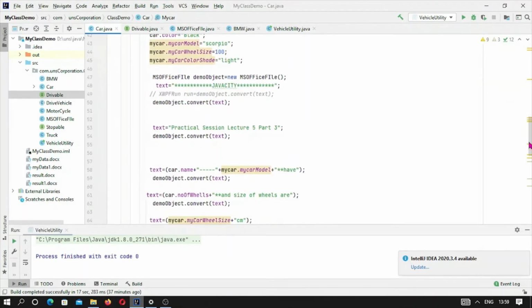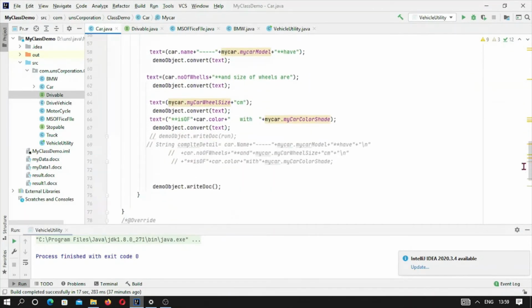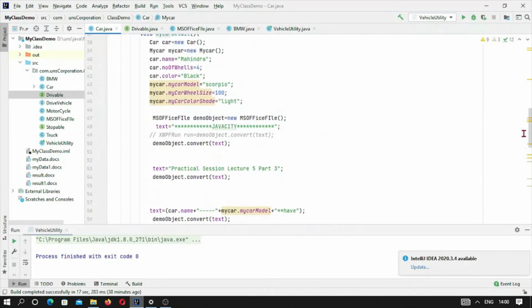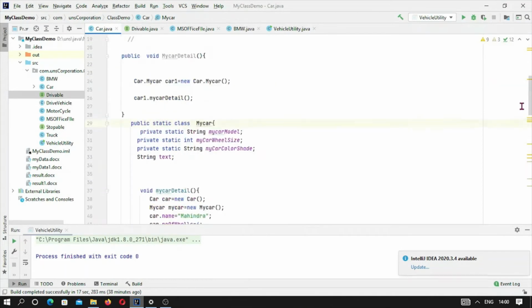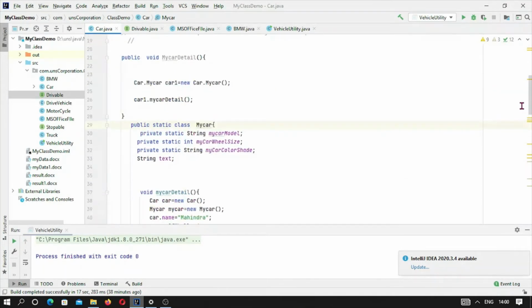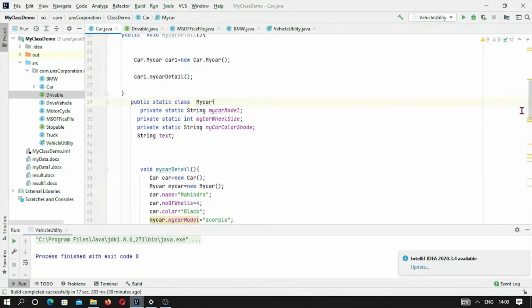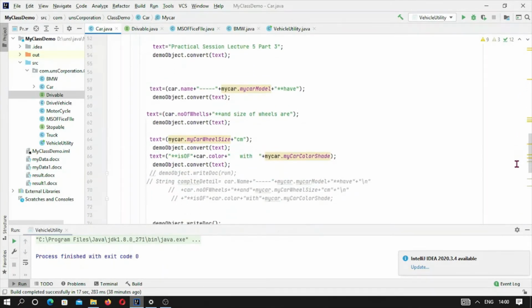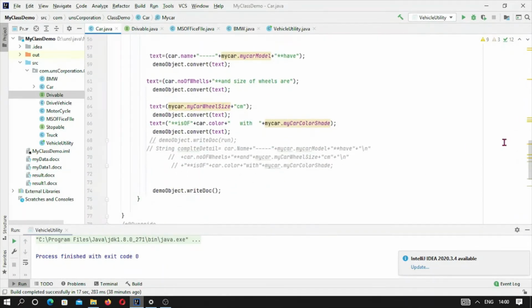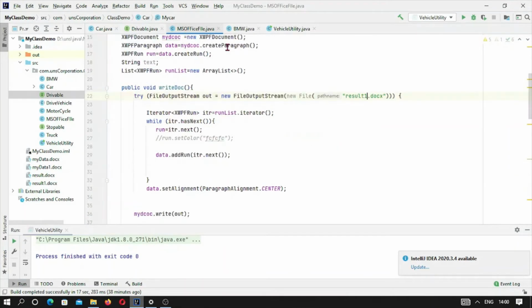This is the method. This will call the outer class also. This will compile all the things. This is creating an instance of this one, and now this will do all the things.